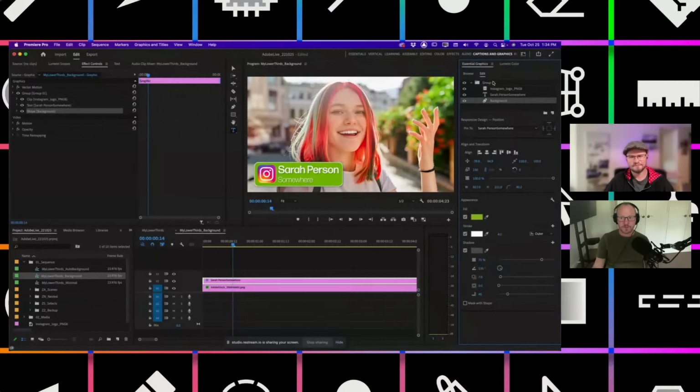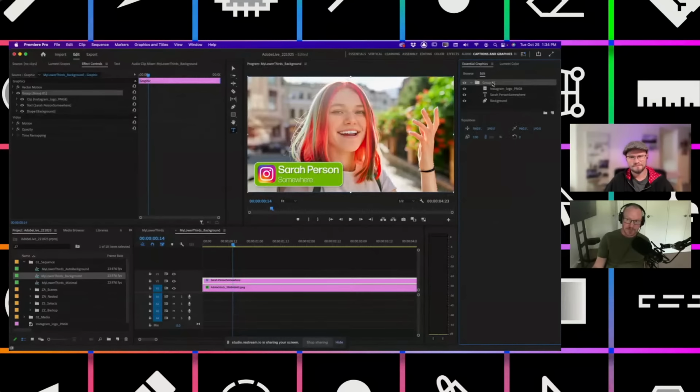But also, if I go up to the group here, you'll see that this has its own transform properties as well. So I can actually rotate this, I can scale it, but it means that I can move this around and it's moving all those layers together. And one of the really powerful things about this, although it's probably not obvious with this graphic here, but if this graphic, for